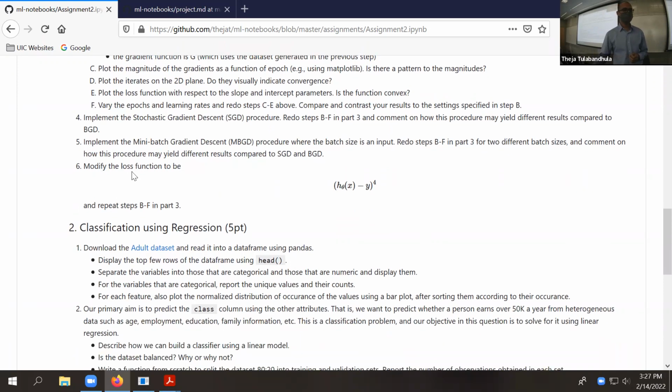And part 6 is interesting, where we now change the loss function to a loss value which depends on the 4th power instead of the 2nd power. For this, you need to actually compute the gradient, because I don't think we have an example in the slide deck of what the gradient is when your loss function is to the power 4. So you'll have to figure out what the gradient is with respect to each coordinate, each theta value. It's not difficult.